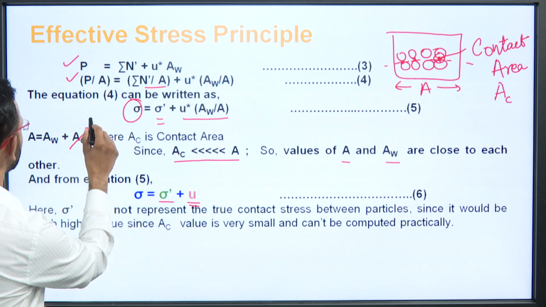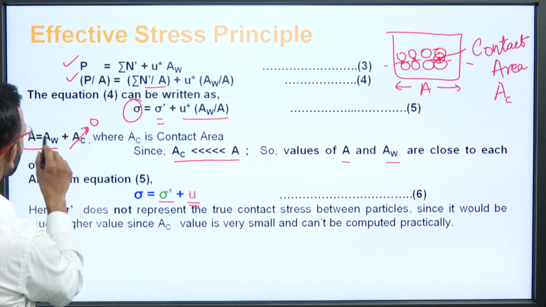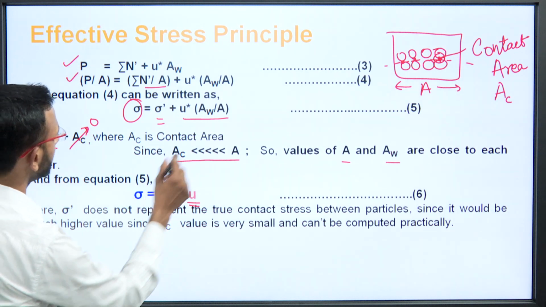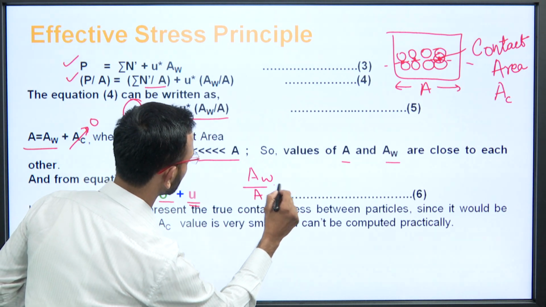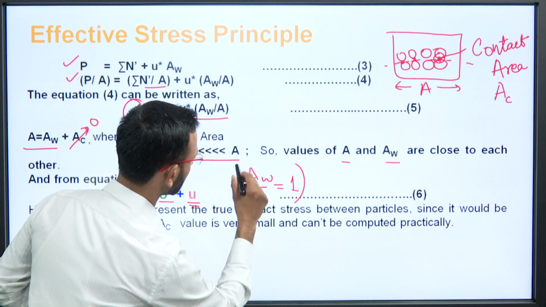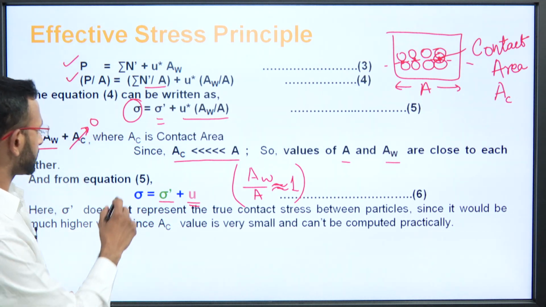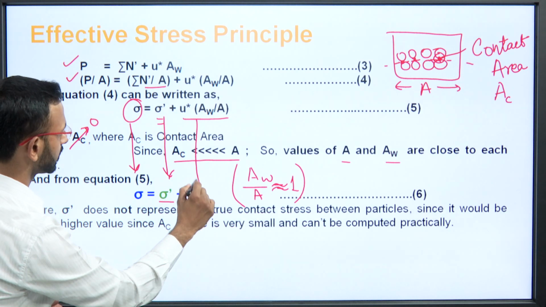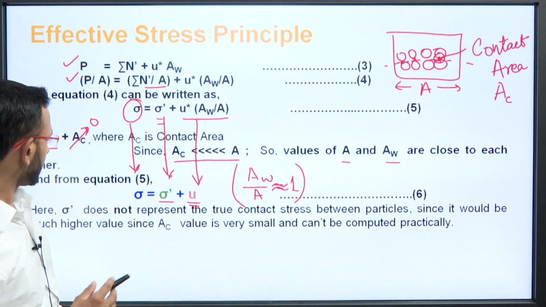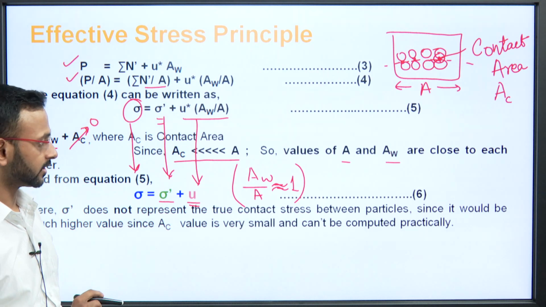If AC is tending to 0, then A is equal to AW, so A by AW will be equal to 1, we can say this thing. Okay. So, sigma is equal to sigma dash plus u. So, here sigma dash does not represent the true contact stress between the particles,